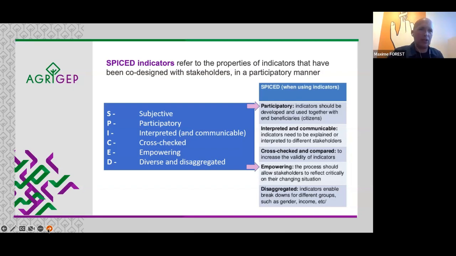You can get back to your indicators in a more participatory way, knowing what you know now, and having on board the people you have on board at this stage. And probably it will make a difference in how you inform them. Why? Because SPICED stands for subjective, participatory, interpreted and communicable, cross-checked, empowering, diverse and disaggregated. There are, in particular, two terms which I think are really important and related: participatory and empowering. The subjective aspect is also important